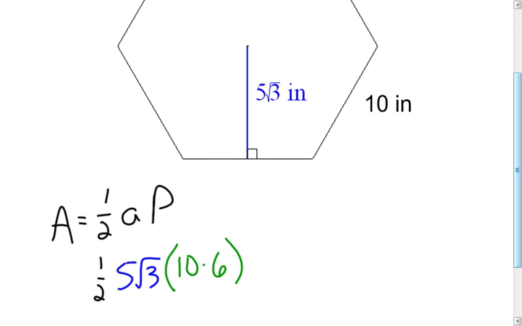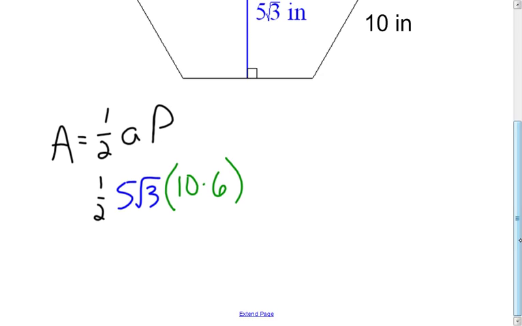Now this is something that I don't think I'm going to need a calculator for, because I can do all of it in my head. I'd have 10 times 6, that's going to give me 60, but 60 times 1/2 is going to be 30, and then 30 times 5 would be 150, and times √3 would be 150√3. That is the area of my regular hexagon,